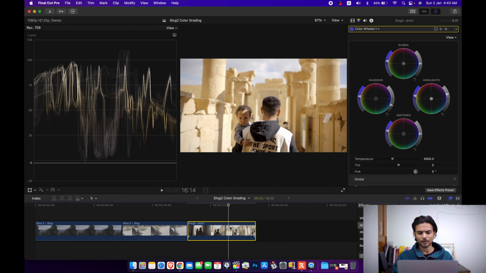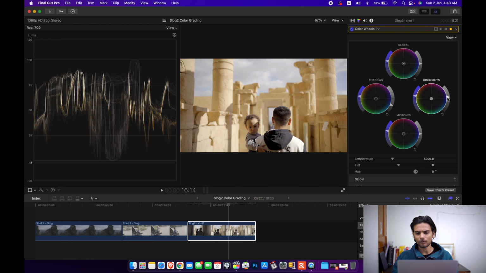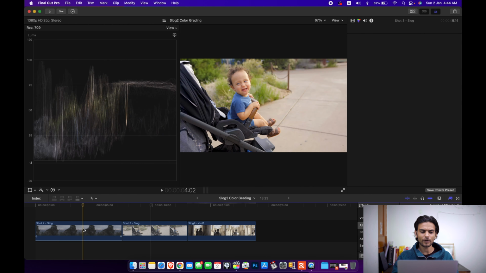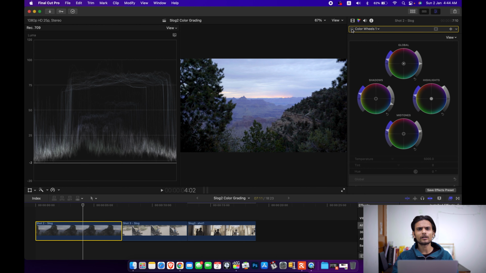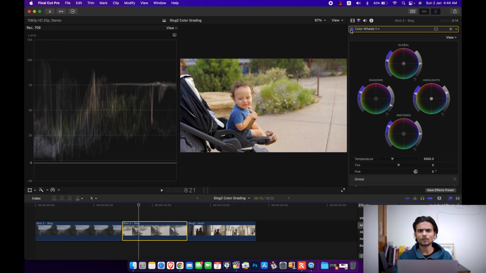This way your footage is correctly exposed every time, and none of your highlights and shadows are getting dark or burnt. So this is the cool method. If you practice it manually, that will be great for you in the long run. So that's all, guys, this is what you need to color grade S-Log2 footage.